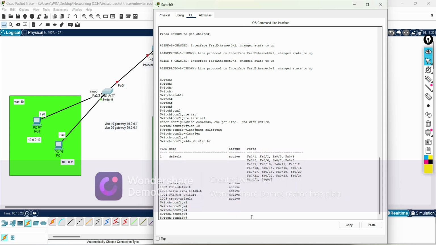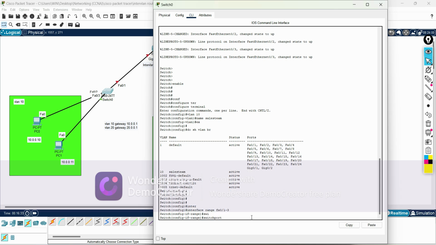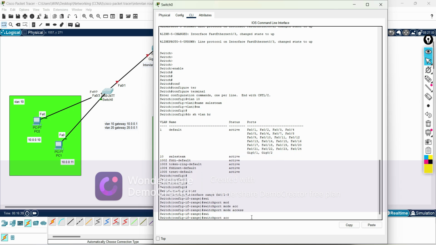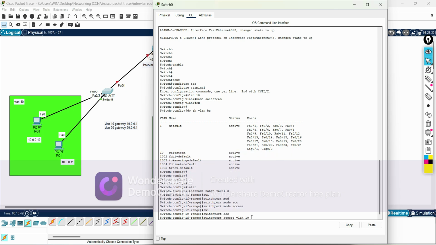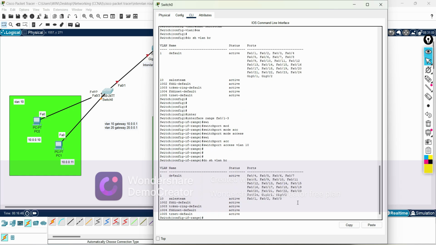And then interface range FA 0/1 to 3, switchport mode access, switchport access VLAN 10. We'll check, do show VLAN brief. See, FA 0/1, FA 0/2, FA 0/3 are assigned to the VLAN 10 group. Okay,